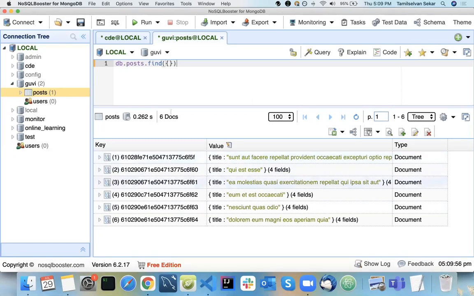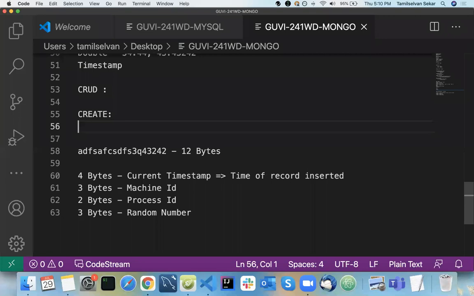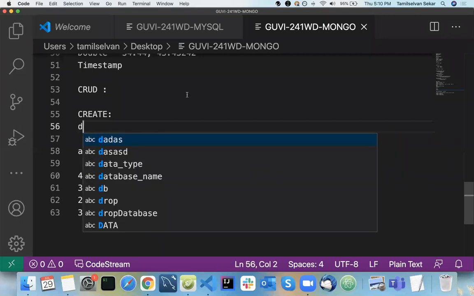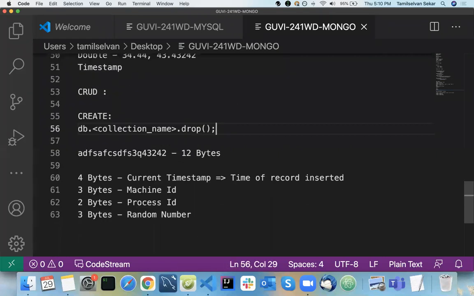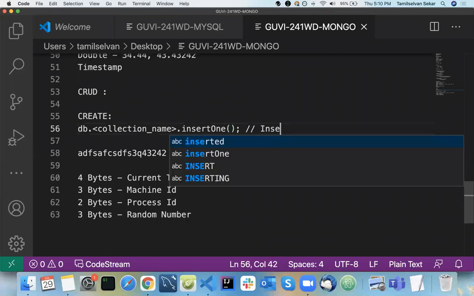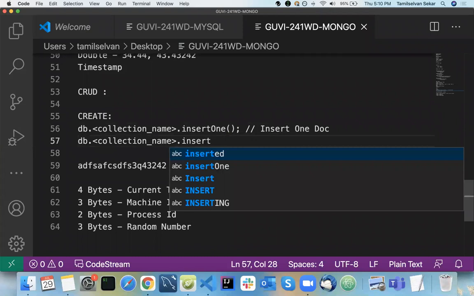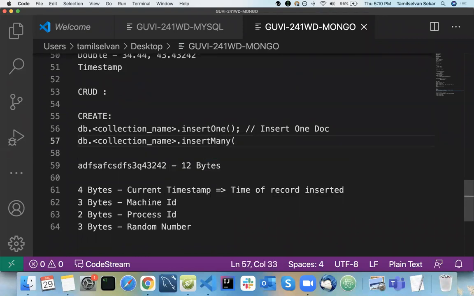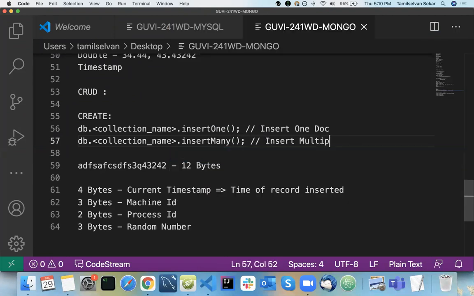So create is going to have insert. db.insert: if you use insert one, it will insert one doc. db.insert many will insert multiple docs.